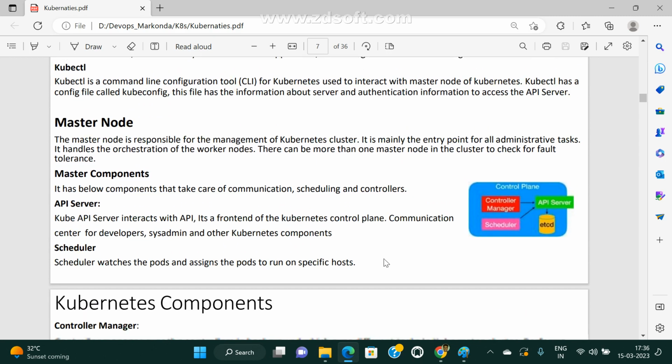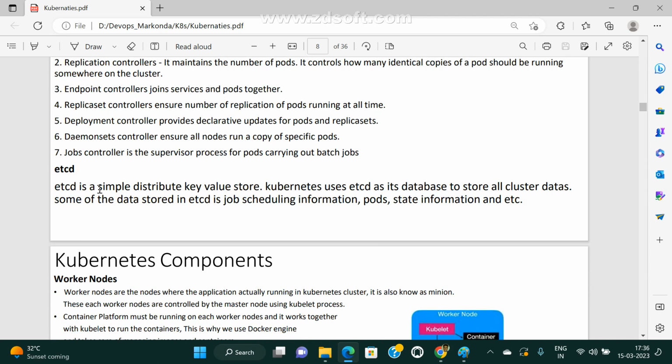Now what is etcd? etcd is a simple distributed key and value store, like storage. Kubernetes uses etcd as its database. It is like how the office maintains records: if anyone reaches the office, they enter full information, name, time, date, purpose, whom to meet, in that notebook.